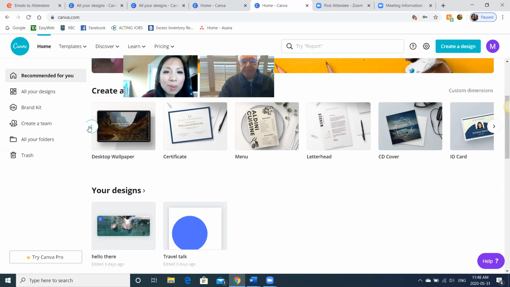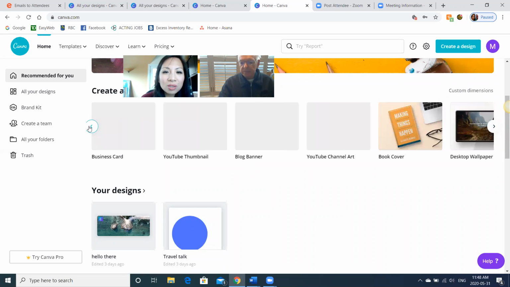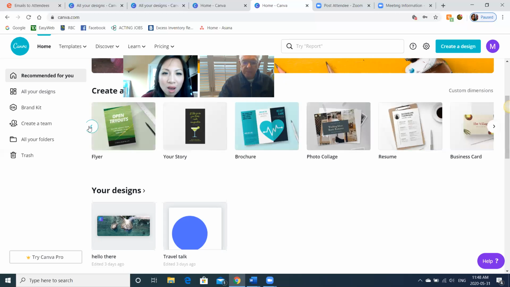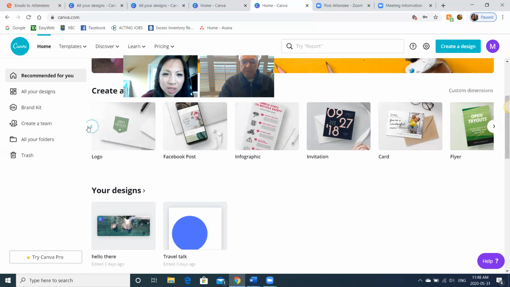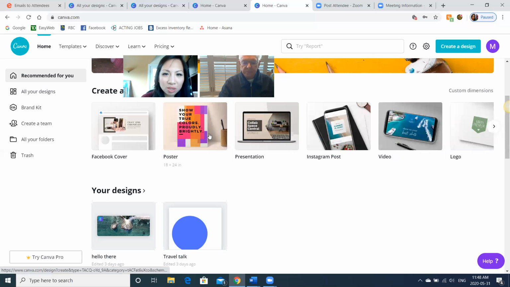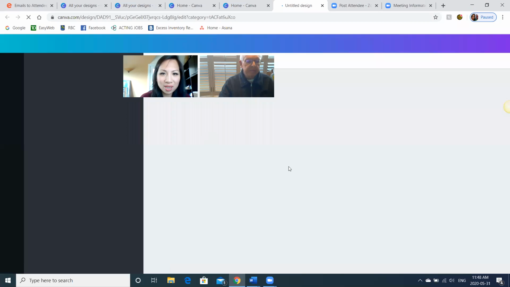And once you pick, what it does is, so I use a lot of poster. So I'm just gonna go back to where it says poster. So see, if you notice, once I click on it, it says here 18 by 24 inch because the template is already preset to a certain size. So that way when I print it out, especially for printing, it's already set up in the right size, okay? So once I click poster,